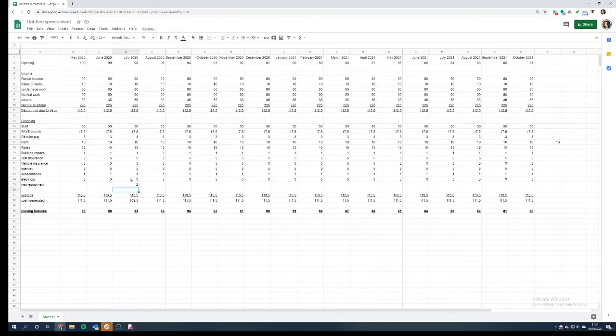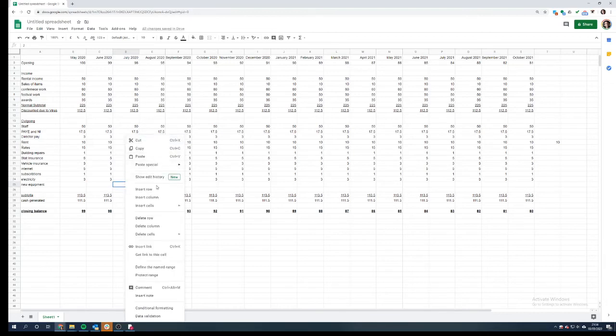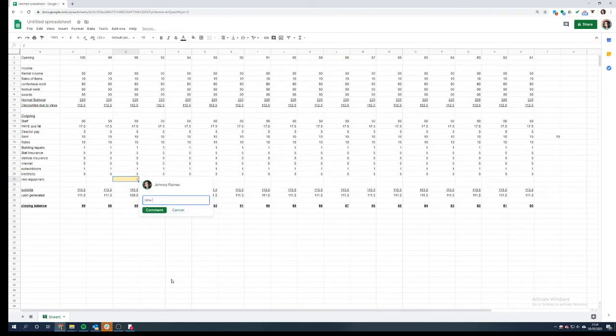So you might put a 2 there, and you might add a note to it saying... Comment. You might say, whatever, new fridges, whatever. And you'll go along and you'll be specific in what asset purchases you need to make. Okay, so let's do a 3 there, and a 6 there, and a 8 there.